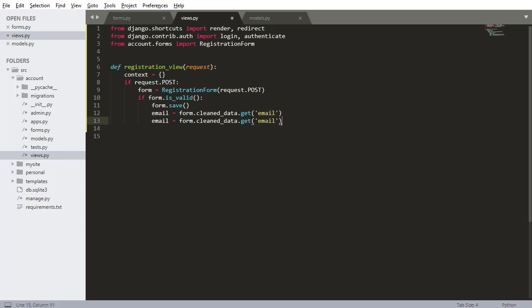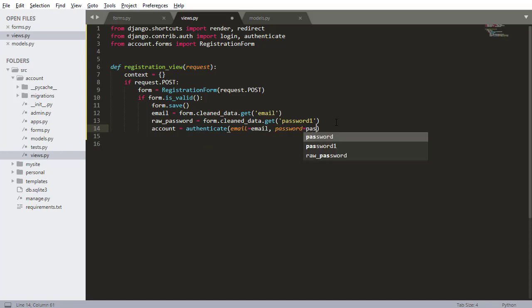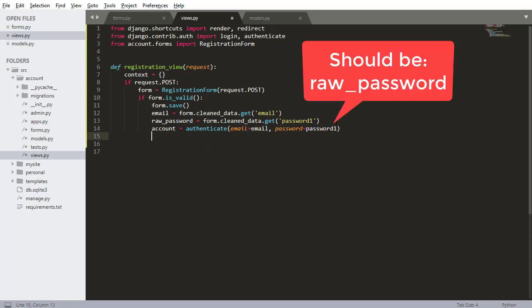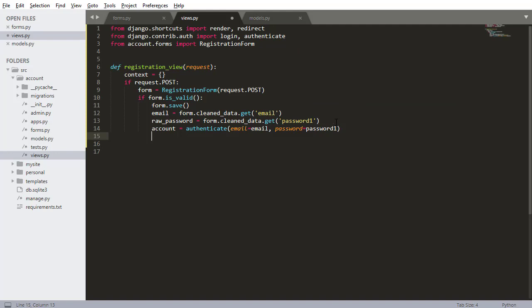I want to get the raw password. So raw_password, I can just get password1. And now I want to create that account. So account, or I want to authenticate the account. So I'm calling the authenticate method, and I'm going to pass the email and the password. So password equals password1. So that will determine if the credentials are valid, basically, and it will authenticate that user and create that user